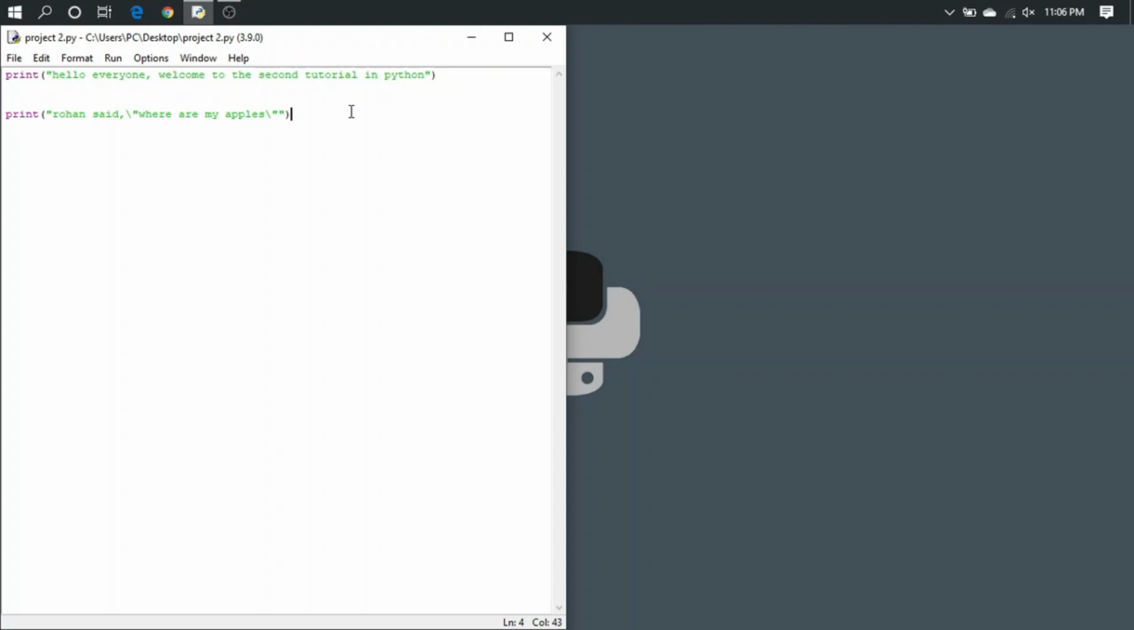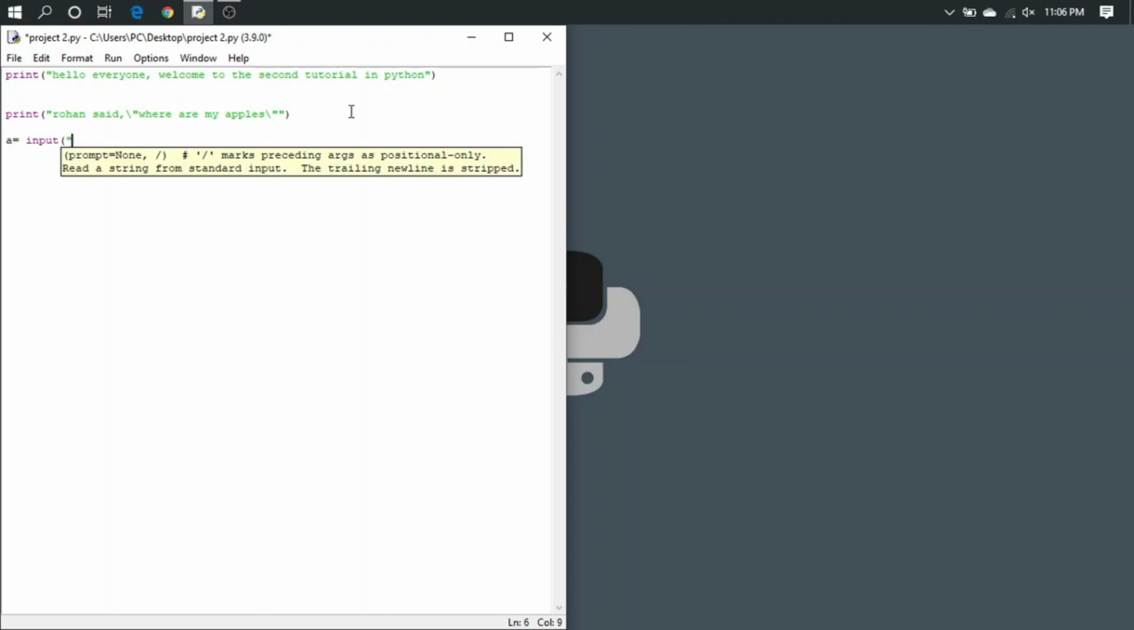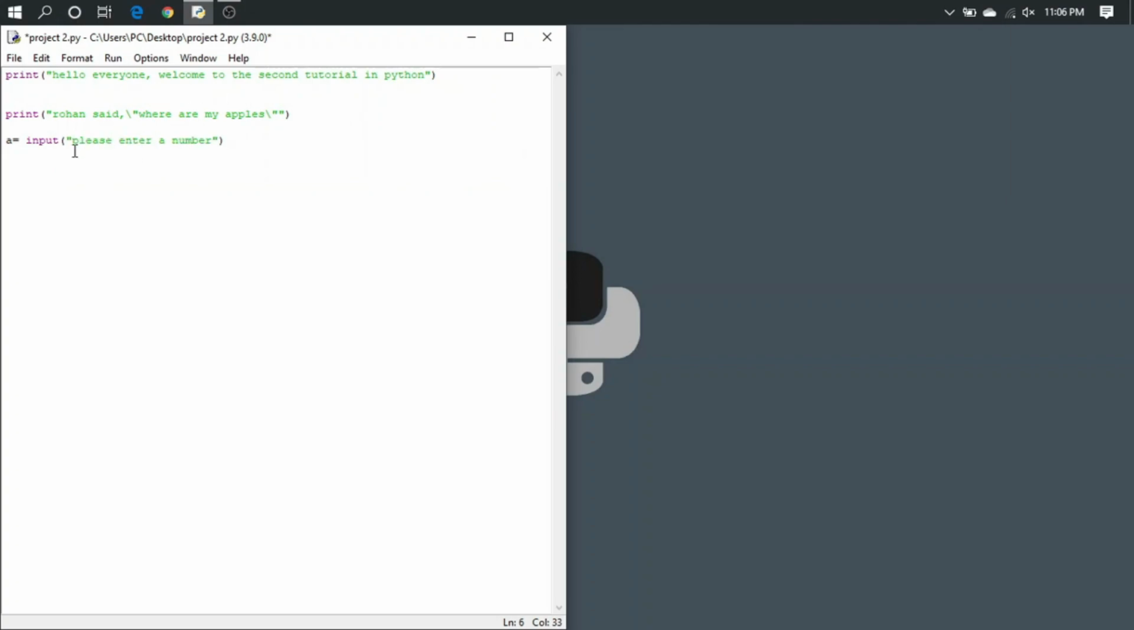Now comes variables. What do you do with variables? You can import something like a user input using the code input. Now just enter some line that will request the user to give something. Please enter a number. Now whatever number the user enters, it will be saved as a. So now you create another variable that equals a plus 5, and then you say print